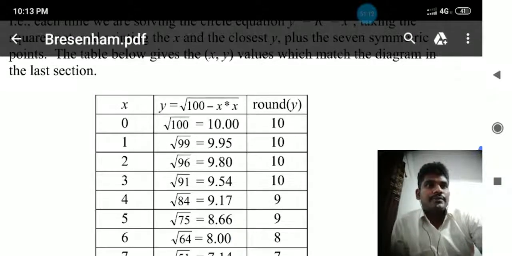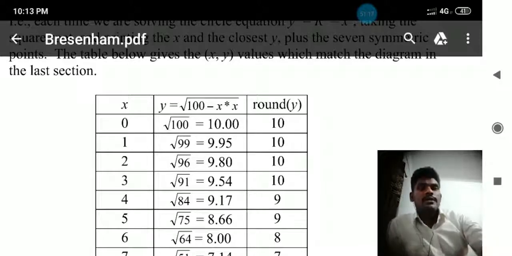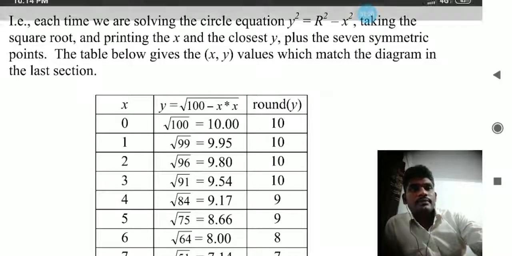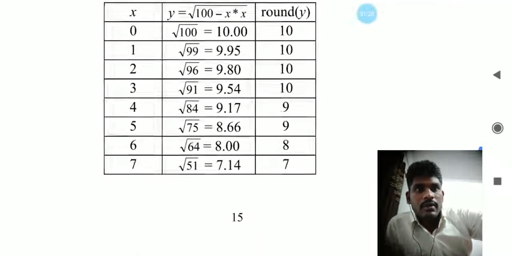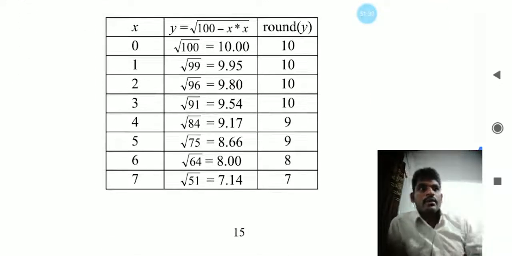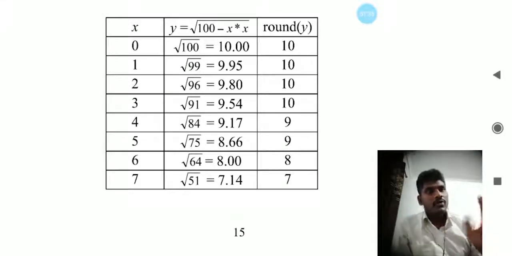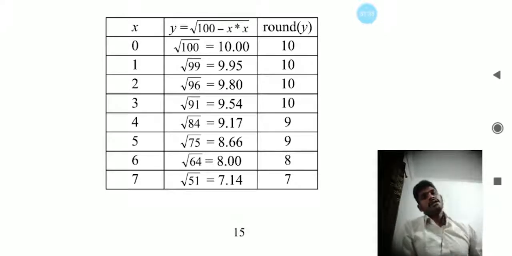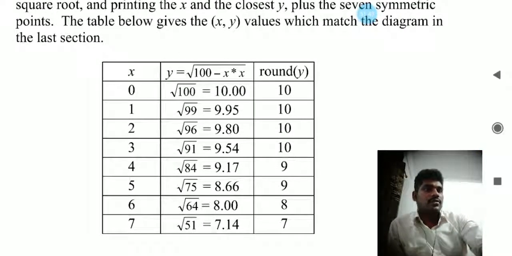Now listen. What is the formula for finding the octant values in this coordinate? You already know that the circle is divided into 8 octants and 4 coordinates. If you find out the one coordinate's values, automatically you find out the 3 other coordinates' values. Now listen how we find out the x and y values here. X equal to 0, y equal to r. Just imagine the y value is equal to 10, so r value equal to 10.